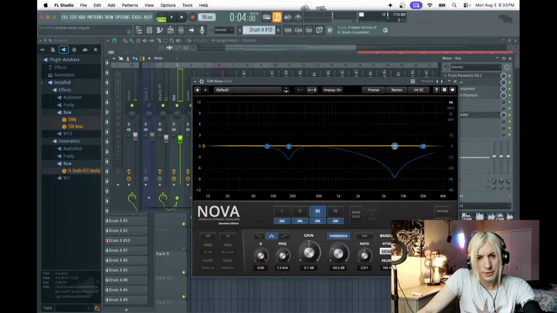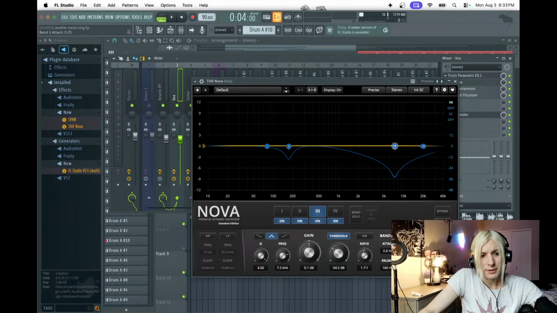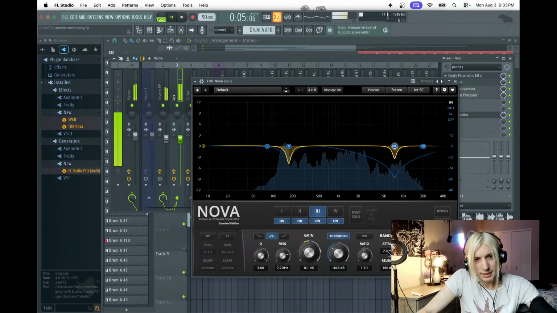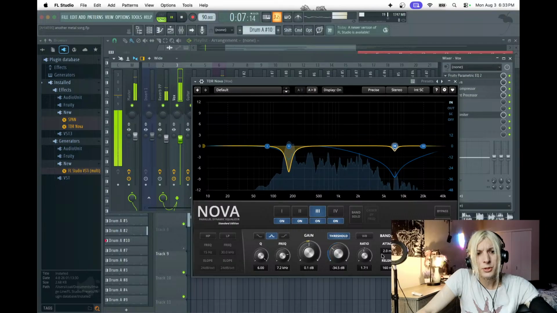So this is where things can get messed up. It's in this attack right here. If you do this too much and really crank this ratio, it's going to make it sound like you have a lisp. And I've actually heard that in some stuff, like you might hear it in stuff that you listen to on Spotify, if you really get an ear for it. But then if you don't do it enough with the ratio,